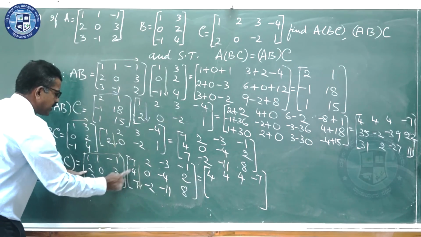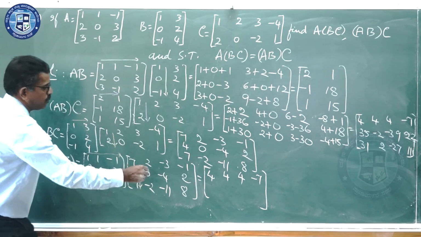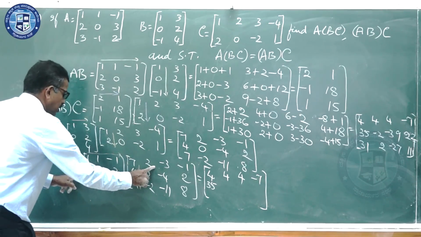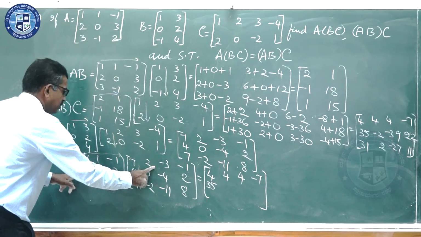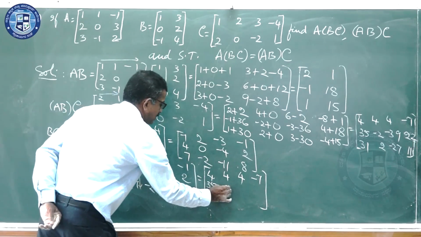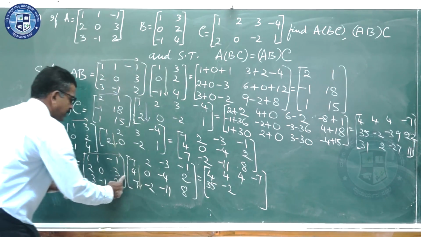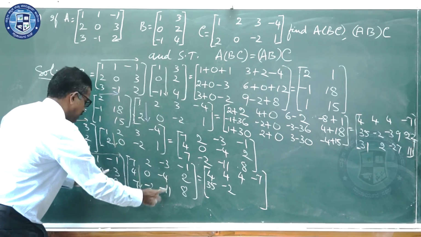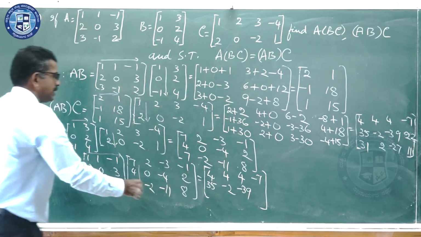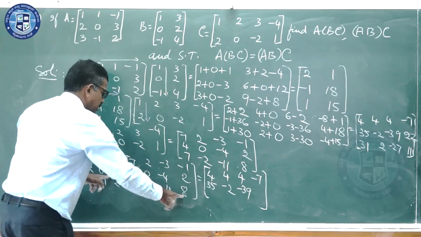Okay, next we have second row with the first column, it is 14 plus 0 plus 21. 14 plus 0 plus, it is 35. Next we have here 4, second element here, 4 plus 0 minus 6. What is 4 plus 0 minus 6? It is minus 2. Next one we have second row with the third column. It is minus 6 minus 33. It is minus 39. And then the last element will be minus 2 plus 0 plus 24. It is 22.